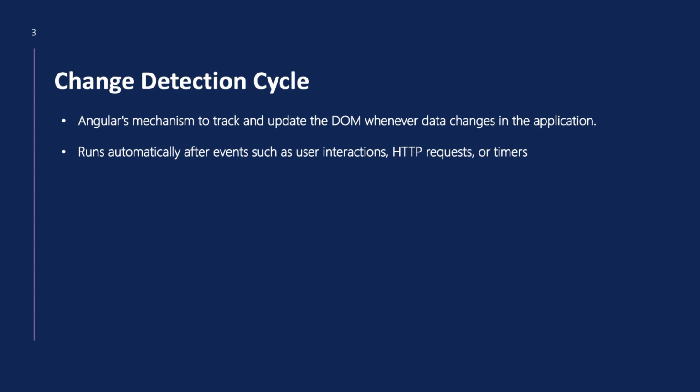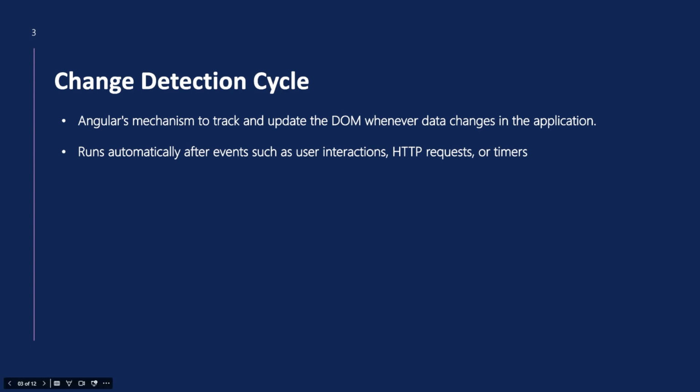So, what is the change detection lifecycle? It is the process Angular uses to monitor the state of your application and ensure the DOM always reflects the current state of your components and their data binding. The cycle forms the backbone of your Angular reactivity. The change detection cycle is triggered by events such as user interactions, asynchronous operations like API calls, or other